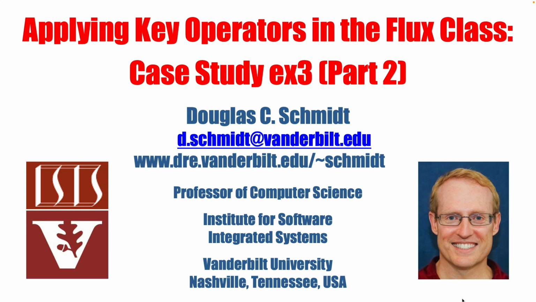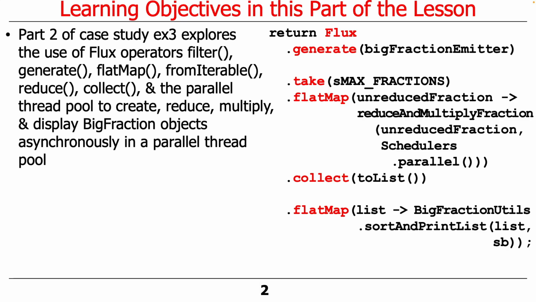We're now going to take a look at part 2 of case study ex3, and this is going to show off another slew of operators from Flux, such as flatMap and generate and so on. And we'll also do things like reduce and collect. And we'll use the parallel thread pool to create, reduce, multiply, and display BigFraction objects asynchronously in a parallel thread